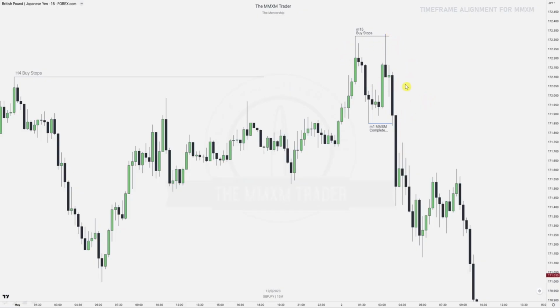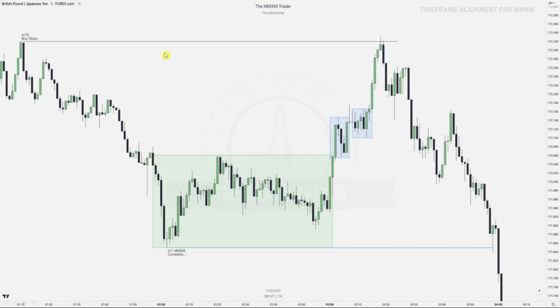And personally, I think if you do a 15-minute time frame as your key level and then a 1-minute market maker buy or sell model, a pair like GBP JPY is perfect because these pairs move a lot compared to, for instance, Euro USD. Right, so this 15-minute high, right? Remember, buy stops have been raided with this clear original consolidation. Now, after that original consolidation down here, we've got accumulation phase 1 and accumulation phase 2 until we clear those buy stops, right? So key level has been hit, smart money reversal is in,